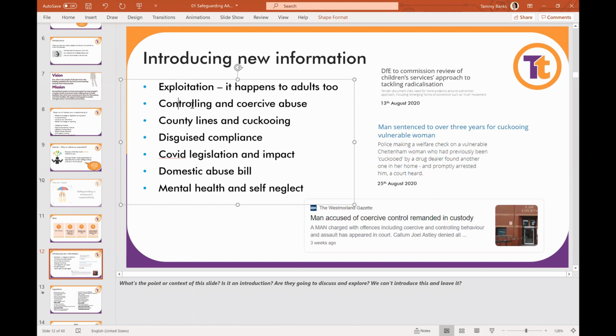We had that a while back, how someone voiced things that I've been voicing for a while, and not just in Taylor, everywhere: how the shift to now focusing so much on county lines means we seem to forget a bit around CSE, and that actually sexual abuse does happen in county lines. But because we think of that gender thing, we think of county lines as boys and youth offending, and CSE as girls and sexual abuse, and you're like, well, actually, it's all the same. So it does bring it, and you can see some people go, oh yeah, actually. Yeah, no, definitely.